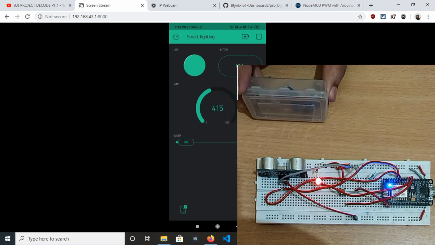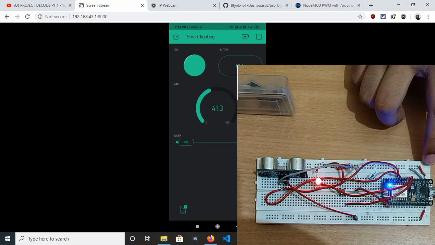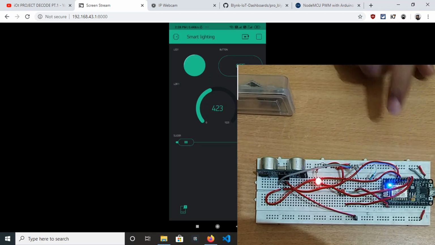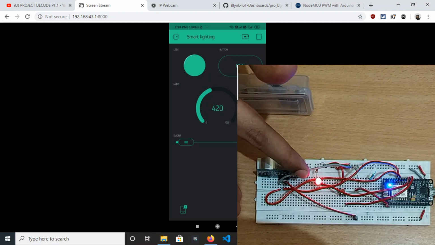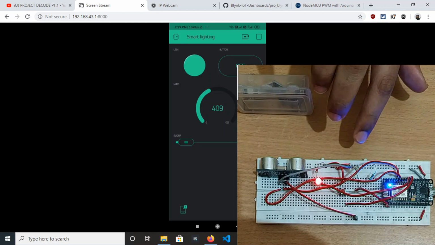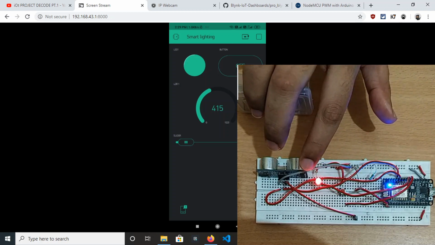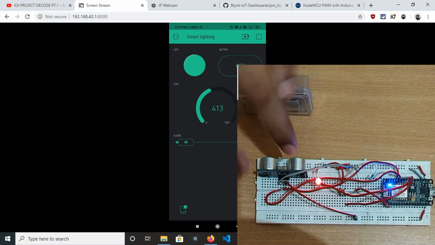So as you can see here, this block resembles the car. This whole IoT setup is just a resemblance of an electric pole, where this is the ultrasonic sensor which will help in detecting the car. This is the LED, which is basically the street light on that electric pole. And the third one is the LDR sensor, which is present on the top of that electric pole, for detecting when it is day and when it is night, so that it will turn this bulb on and off automatically.